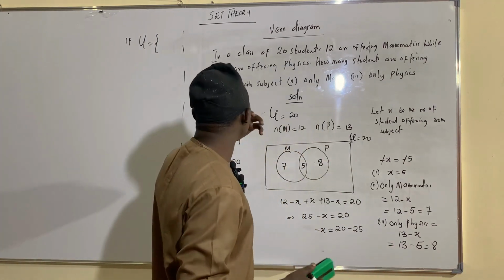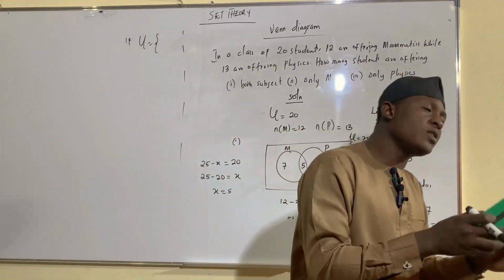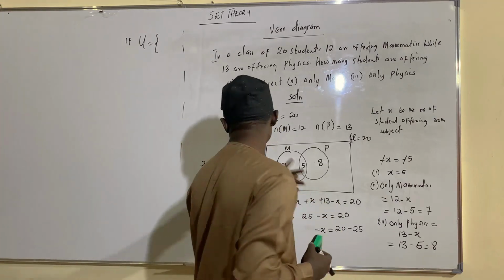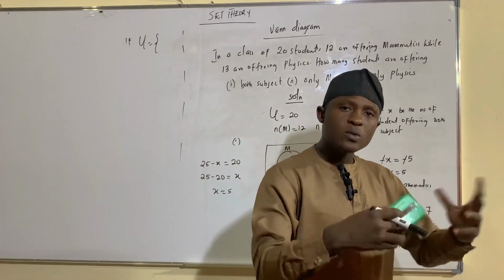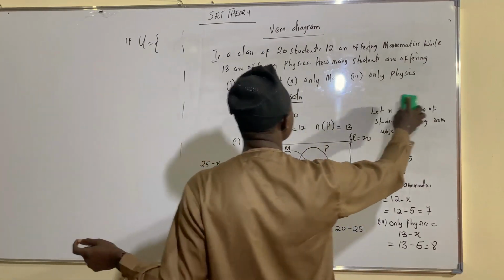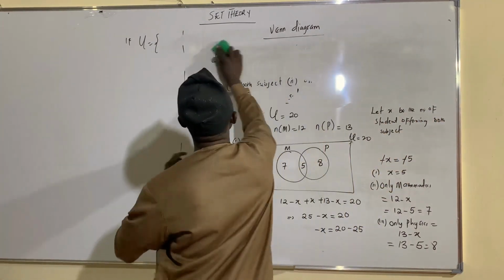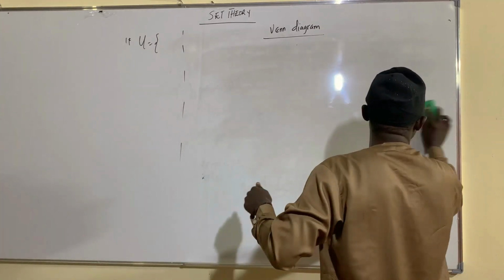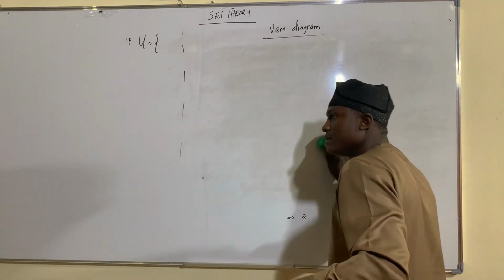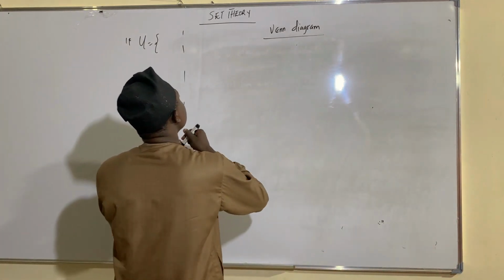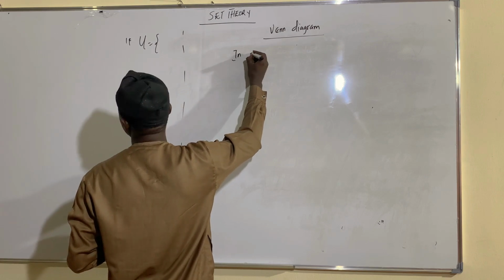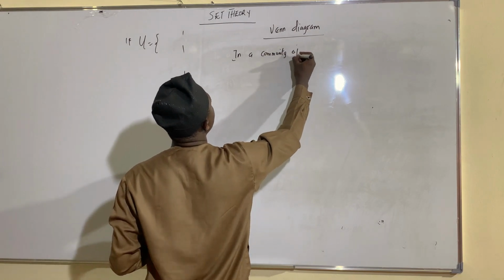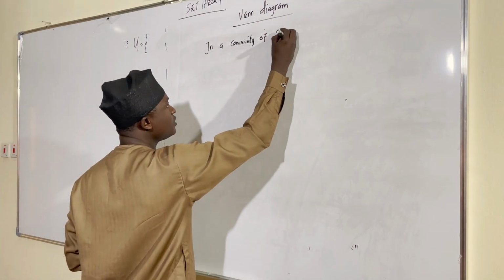So next, let's solve one more problem. There are some situations by which we'll be given a number outside that's not part of those two sets, maybe it's outside, just like the way we mentioned earlier in the form of a word problem. We can just solve that one. For example, let's say they said in a community of, let's say, 20 people,